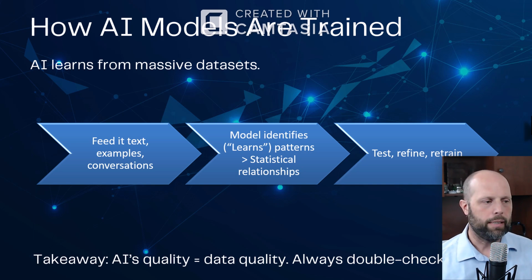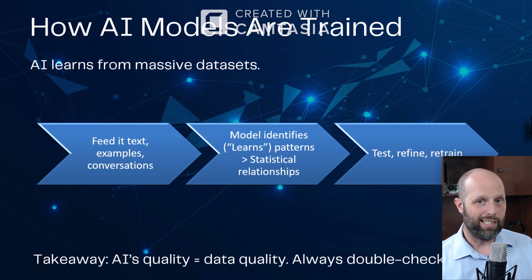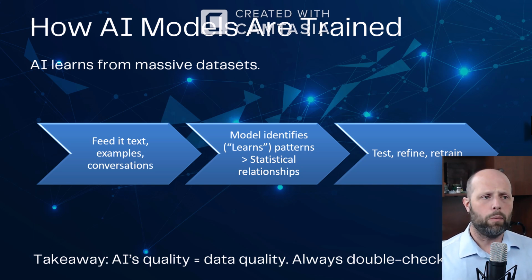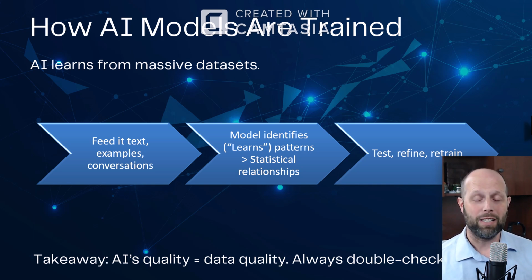Okay. The real key takeaway here is that the quality of your AI system is really dependent on the data quality. It's been standard since the beginning of computers, right? Garbage in, garbage out. If your training data is garbage, then your outputs are going to be garbage as well. So it's a little bit of a cautionary moment: whenever you're using AI, don't completely trust whatever answers it gives you. You're the human, you've got the brain, and you can look at the data and say, does this look right or does it not look right?